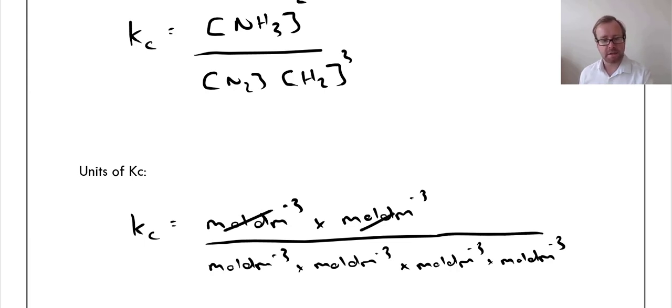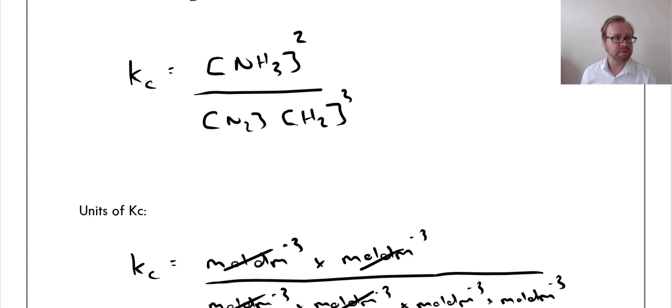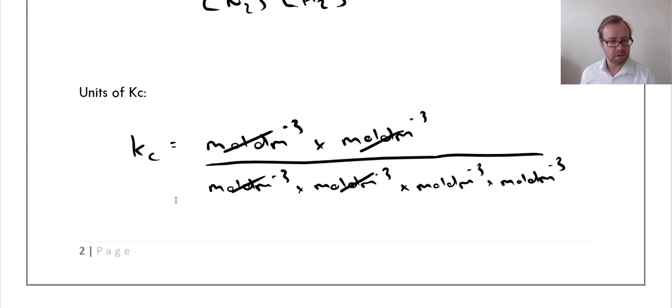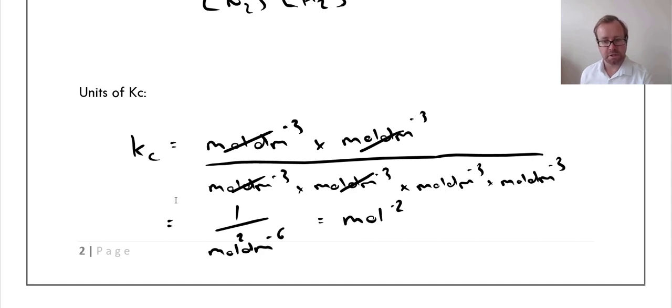So this and this and this and this will cancel. And I'll have to just go down, which means I would have 1 over mole dm minus 6, mole squared to the dm minus 6, because I've multiplied these two together here. It's over 1, so if I want to get it all on one line, I flip it round to produce mole minus 2